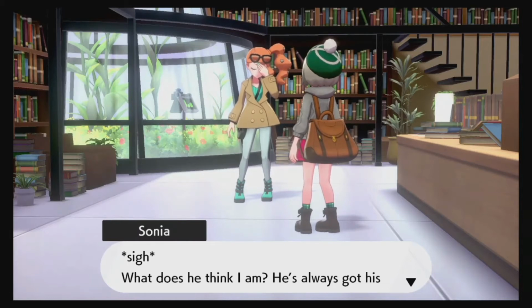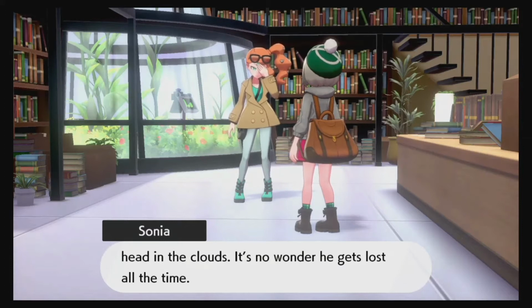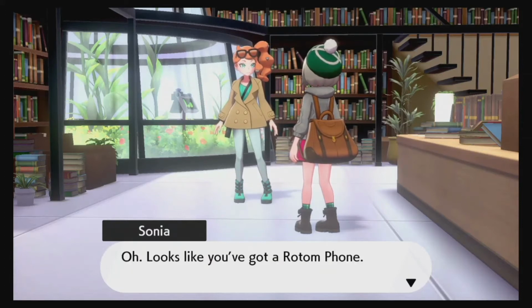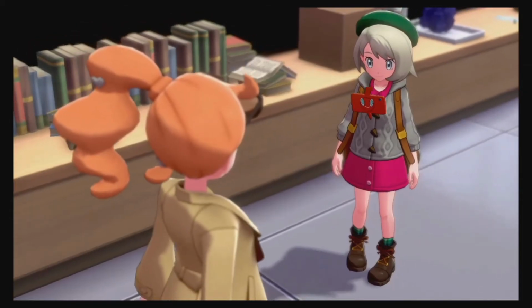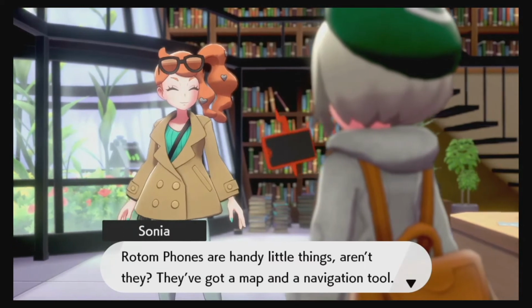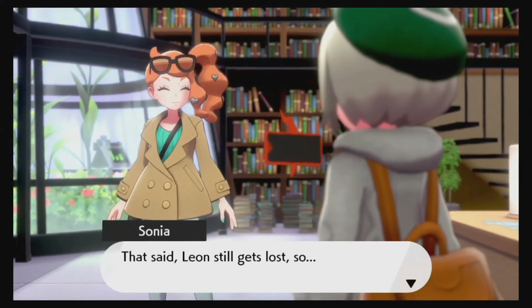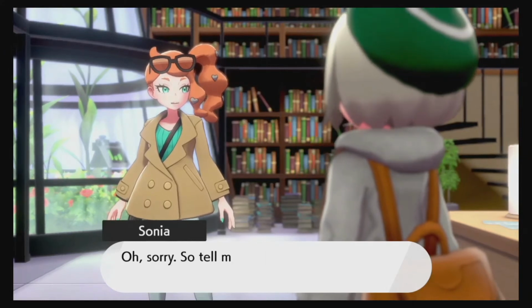What does he think I am? He always got his head in the clouds. It's no wonder he gets lost all the time. Oh, looks like you got a Rotom phone. Hey there, Rotom. Rotom phones are handy little things, aren't they? They got a map and a navigation tool. They say he still gets lost, so...